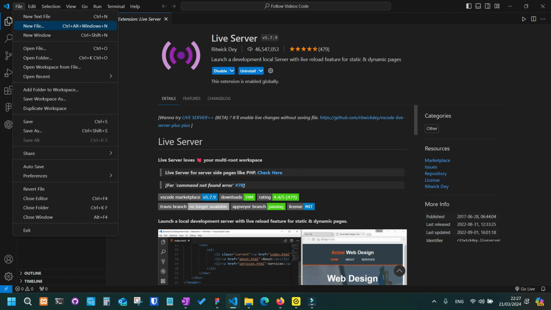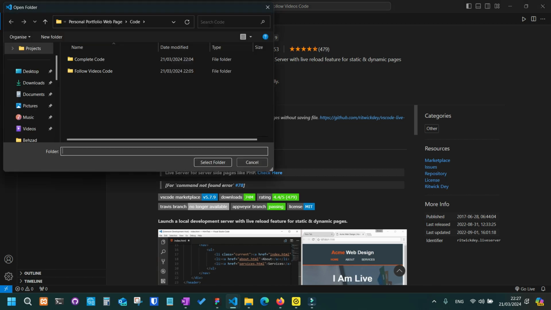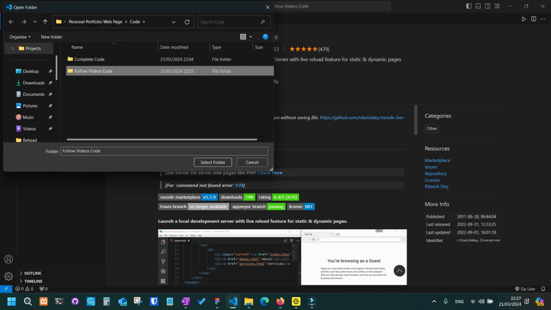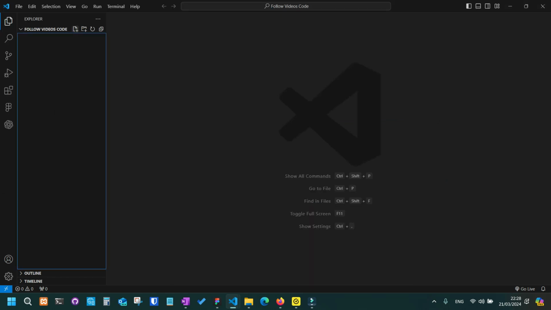You go into files, and we are going to open a folder. The folder could be anything. You can create your folder on your desktop, as simple as could be. Once you select the folder, make sure it is an empty folder, just to avoid any confusion in the future. Here we are initially going to create a file, and we name it